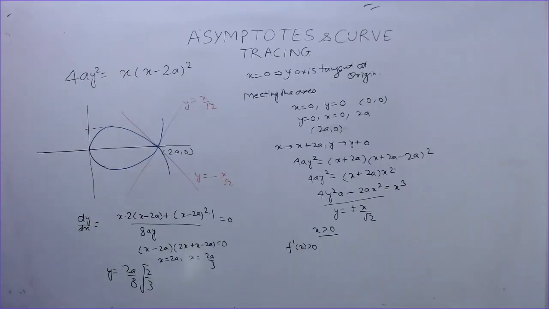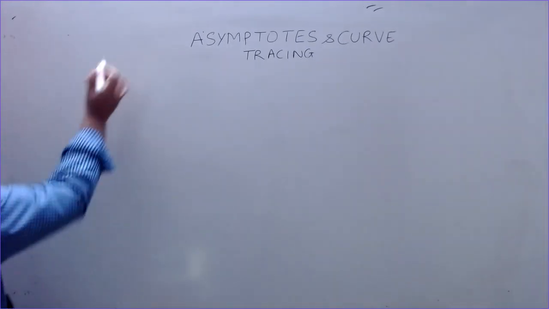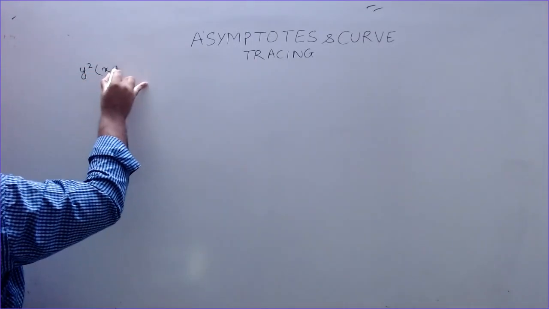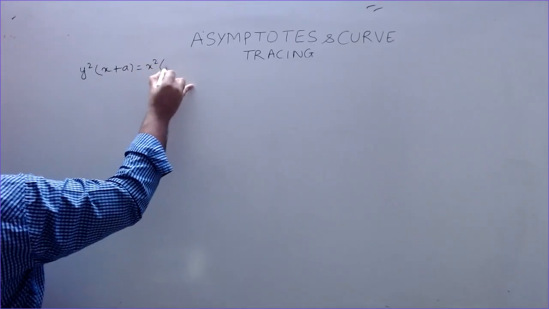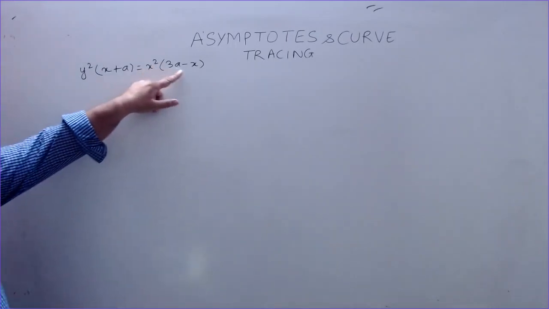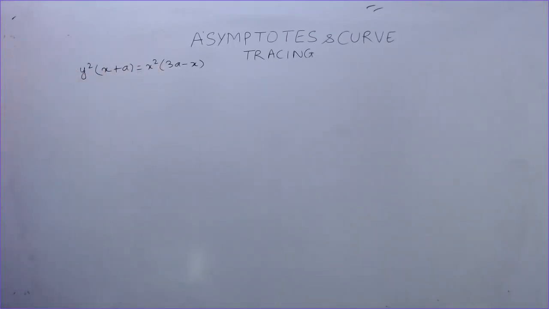Let us discuss the next question now. The next question is, draw the curve y square into (x plus a) equal to x square into (3a minus x). This we have to draw. So first of all, check the symmetry. You can see that it is symmetrical about the axis of x, that is all powers of y are even, x is having power 3 here. So symmetrical about the x-axis,